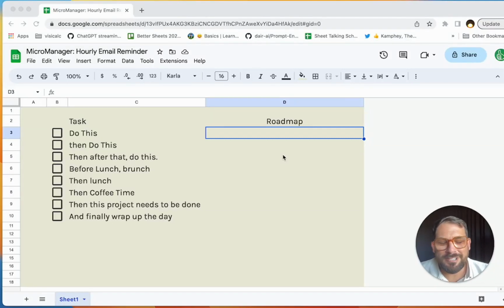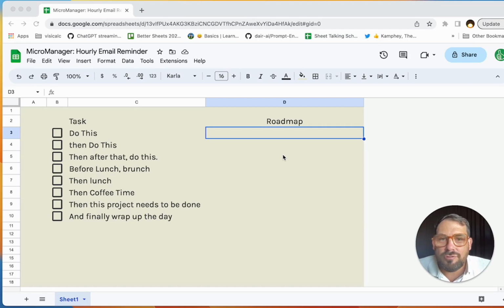In this video, we're going to create something we might not necessarily want, which is a micromanager. A manager who is going to stick on us like glue to a Post-it note and ask us, are we done yet? Have we done this task? We have task lists and we might keep notes and tasks and projects in Google Sheets, but I wanted to show you how I might go about doing this, and you might not necessarily like it, but you're going to learn an important lesson of how to send an email reminder in this video